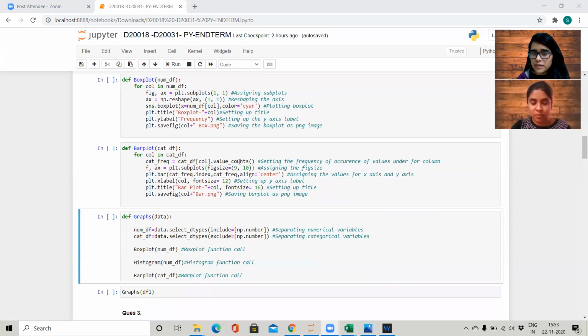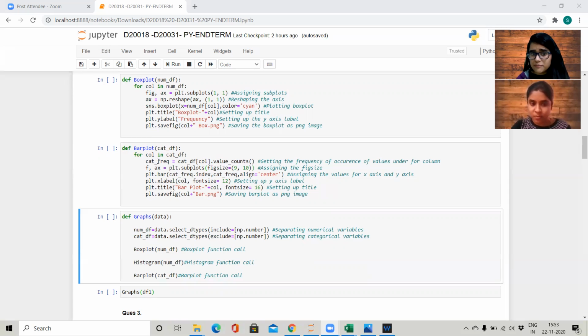Now coming to visualizations of the categorical fields, we have created a bar plot function that, similar to the histogram as well as box plot, is creating a bar plot. So for that, we are running a loop through all the fields in the categorical data frame, and we are calculating the count values and storing them in the categorical frequency variable.